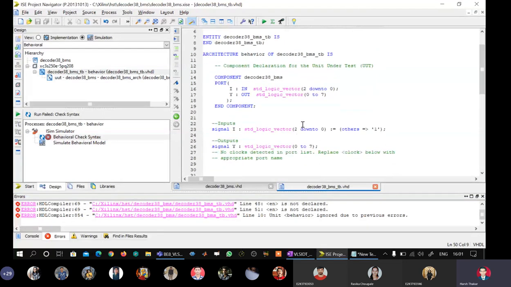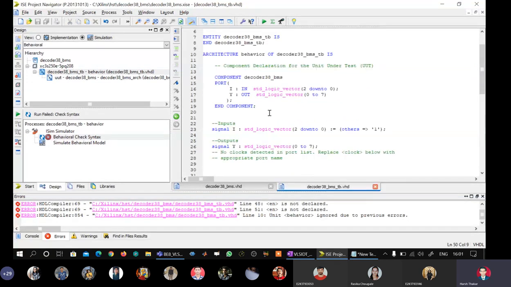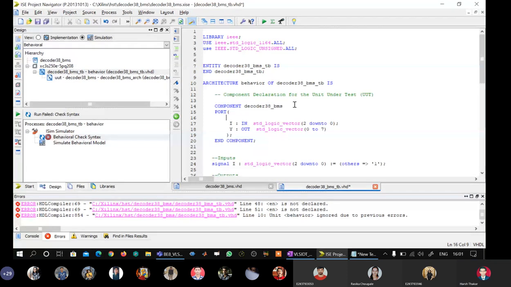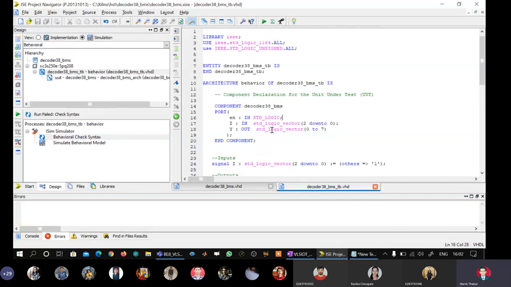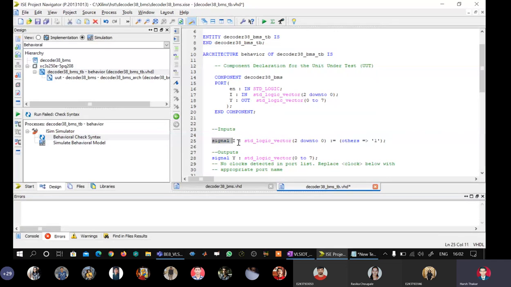So I have to define en from here. I can pick it up from here and put it here. I will also initialize it here, though I need not initialize it.